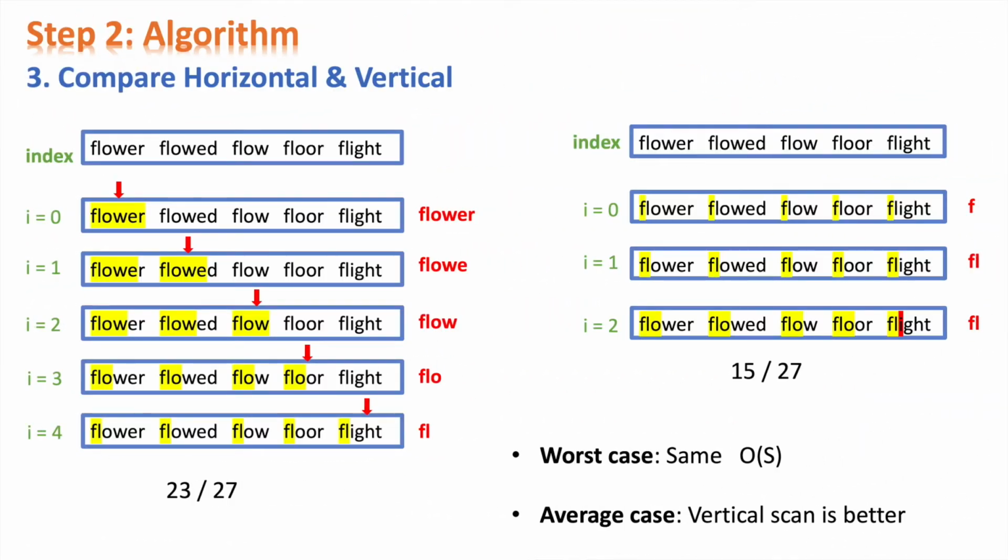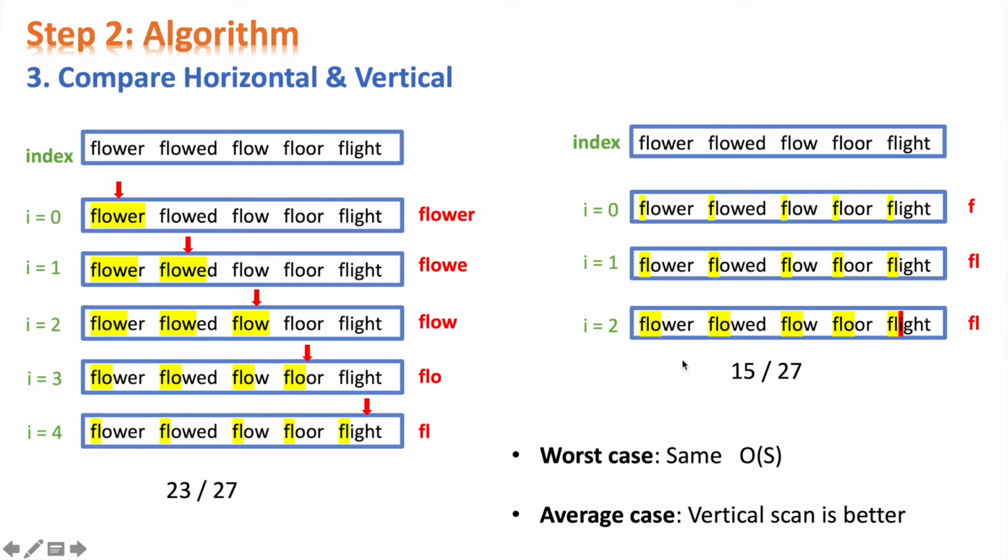As you can see, we use 5 iterations to find the final result when we do horizontal scan, while we only use 3 iterations when we do vertical scan. Obviously, vertical scan is more efficient. If you count the characters, you will realize we compared 23 characters in vertical scan, but only 15 characters in